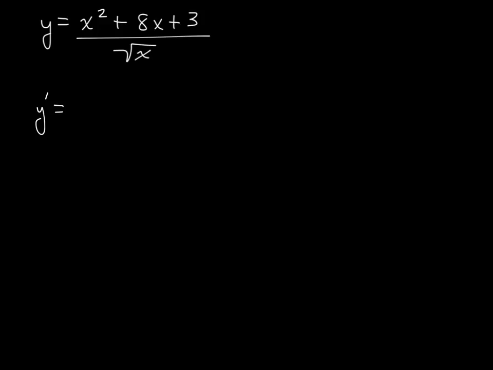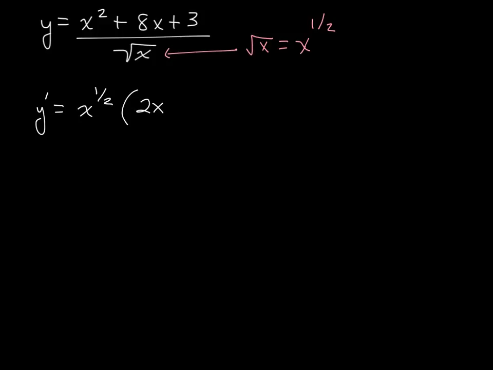The only thing I'm going to be aware of along the way is I'm going to have to end up distributing things, so I'm going to write everything as exponents, meaning if you remember, the square root of x can be written as x to the 1/2 power. So I'm just going to do that because I know I'm going to end up distributing everything. So I leave the bottom alone